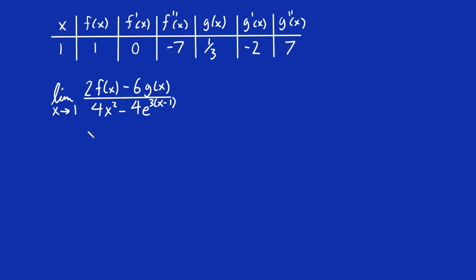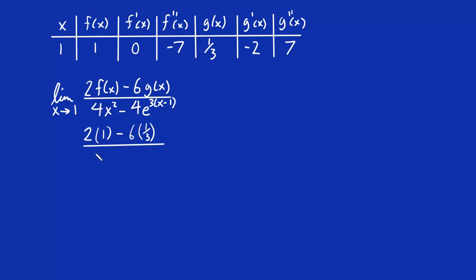If we plug 1 in, we get 2 times f as a function of 1 instead of x. Looking at our table, f of 1 is just 1, so this is 2 times 1, minus 6 times g as a function of 1. Looking at our table, g of 1 gives us 1/3. So 6 times 1/3. And then we put this over